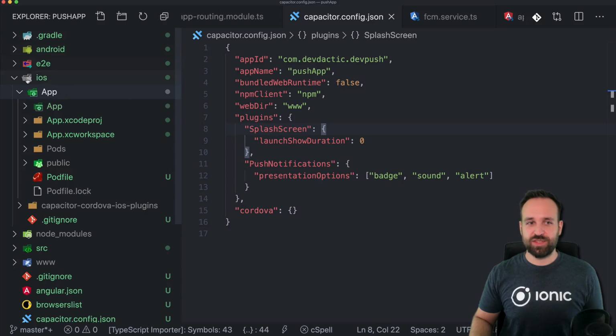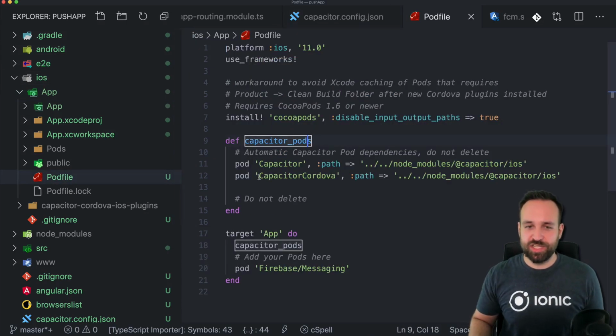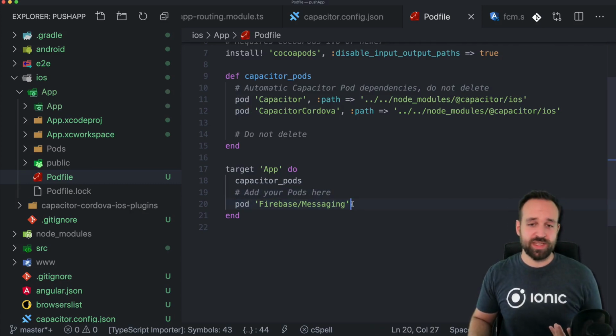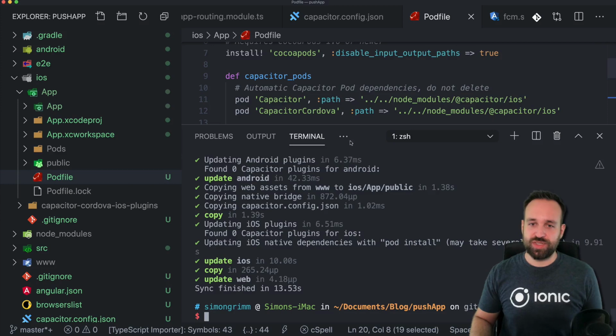So from Xcode, you can go to iOS app Podfile, which is the file in which Capacitor specifies which pods, basically additional libraries for iOS, are installed. And what we need to do is right here, after this line where it already says add your pods here, we have to type pod Firebase messaging. So this will then in the background install the Firebase messaging pod, the library needed to use the push notifications